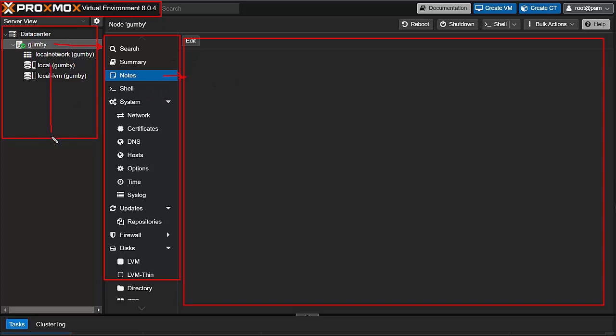So the first one over here will contain drives, networks, nodes, and it will contain a lot of virtual machines or containers once we put them in here, but I have none. And essentially, the data center itself, which can have multiple nodes, which each of the nodes can have multiple virtual machines and multiple containers and multiple disk drives. So let's go through a little better